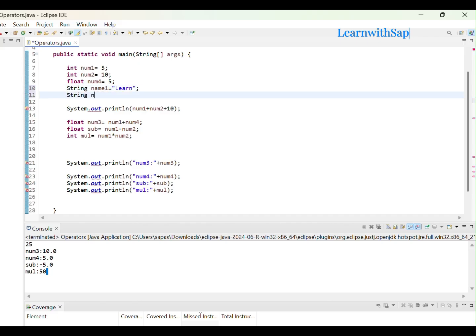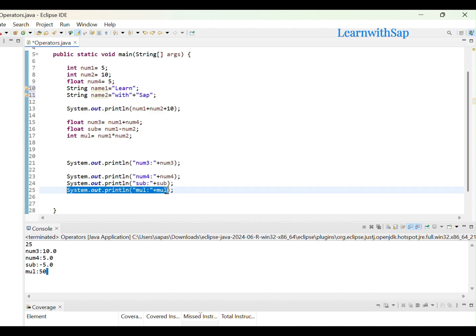Now I'm taking another string, name2. Sorry, name2. And here I want to add two values directly. Can I do like that? Let's see. Is it throwing any error? No, I can add like this. Here we directly added, like when I started I printed 10 plus 5 directly, right? Because I can add two strings and store into a string value. Okay,